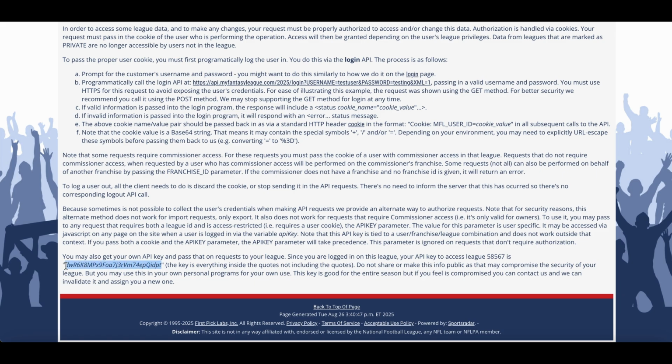You're going to find it inside these quotes. You don't need the quotes, but everything inside there, all the text inside the quotes, you're going to want to copy. And then it also lists right here, again, just for your convenience, what your league ID is. You're going to need to take note of that. So take note of the ID, take note of the API key, come back to Degen.club, and then add a